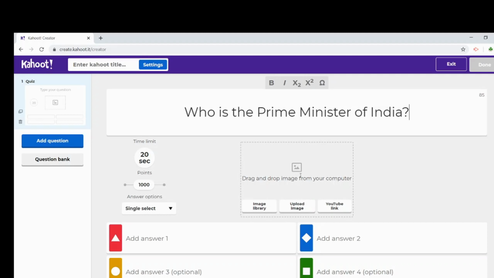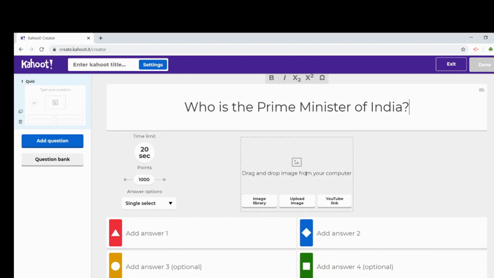Especially for science teachers, where mathematical equations are involved, teachers can use the image also. Here for the question you can easily upload the image by clicking here. In the answer there are four different options given. You must provide the first and second, and the third and fourth are optional. Then you can also upload an image of the answer.